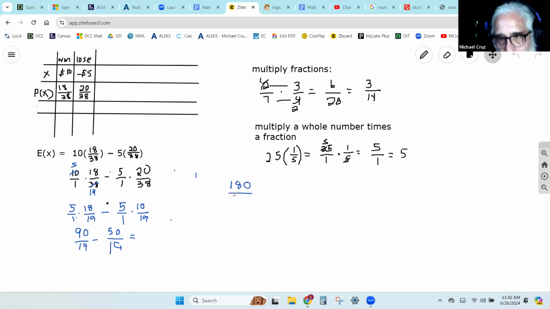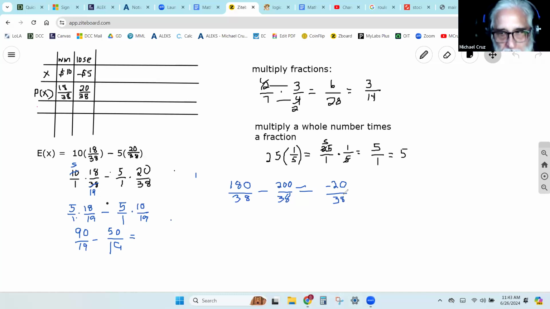So I'm just going to do this without the simplification. So 10 times 18 is 180 over 38. Minus 5 times 20 is 200. Now this one's right. Okay. So I don't know what I did over there. We can go back over there and find it. So this is going to be 180 minus 200, which is negative 20 over 38. And now it doesn't matter what we've done up to that point because generally what they want for